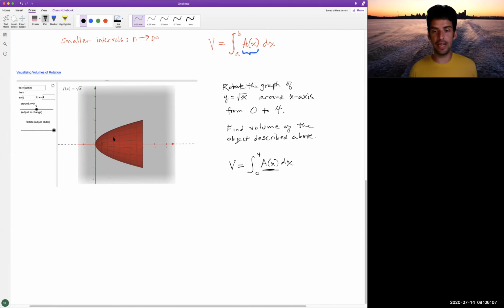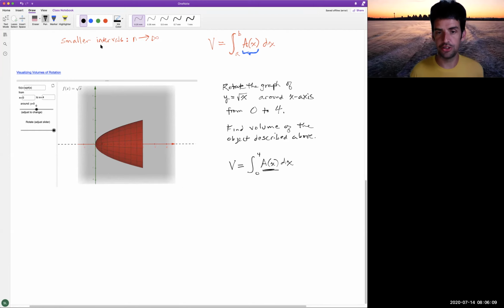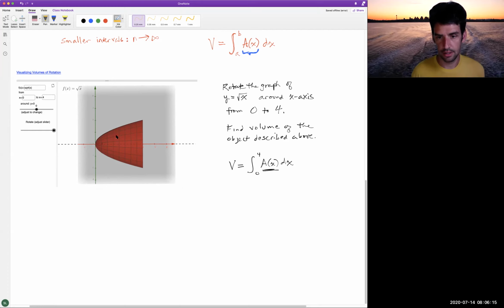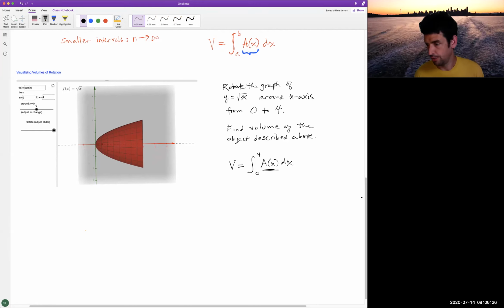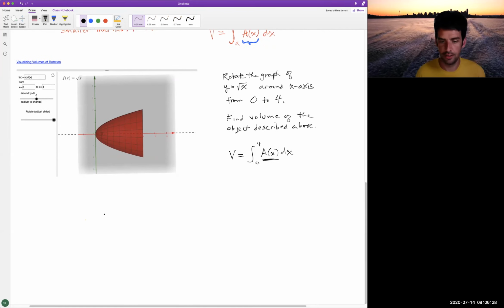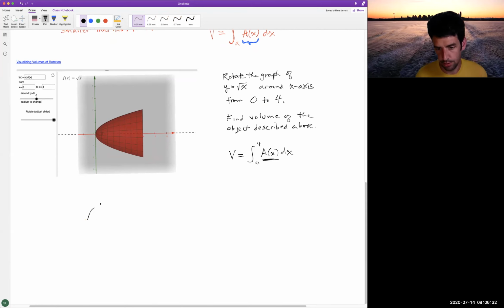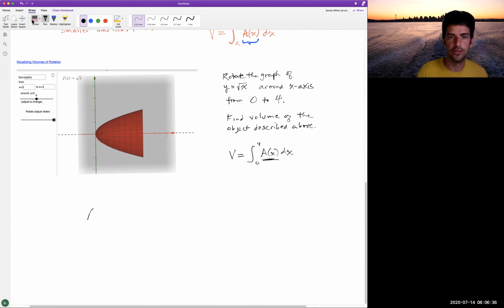So what we have to imagine is if I were to slice this object, maybe I'll do my own little sketch of it to make it easier. If I were to slice this object,